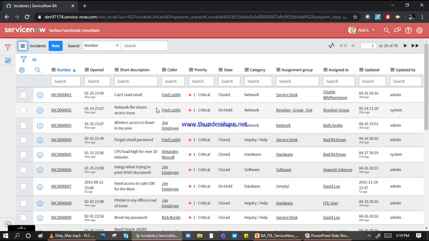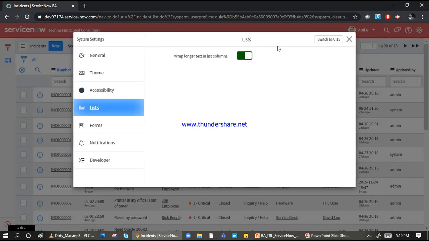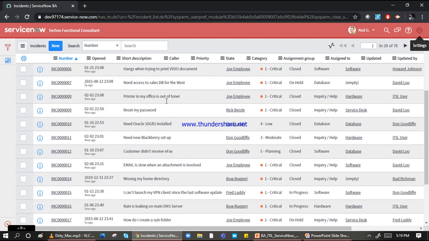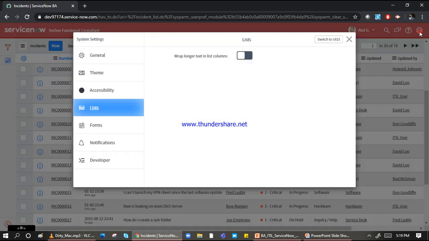Now you can see something like this: network file shared, two lines are coming. I'll go here and switch it off. So now you can see only one line is coming. This is required when you want to decide how you want to see your data in the front end; you can do it accordingly. Okay, so this is in the list view.